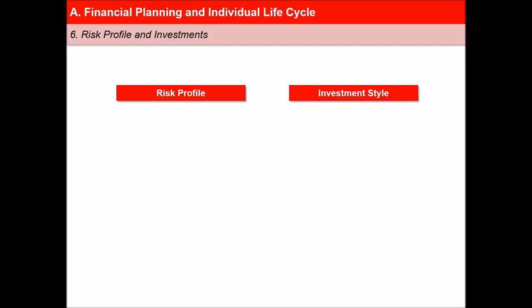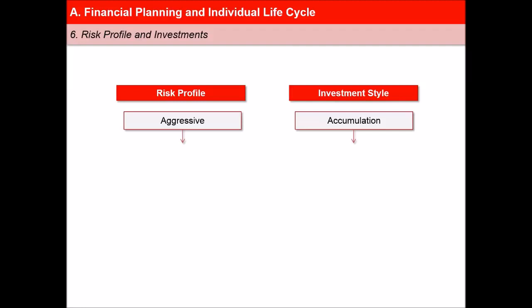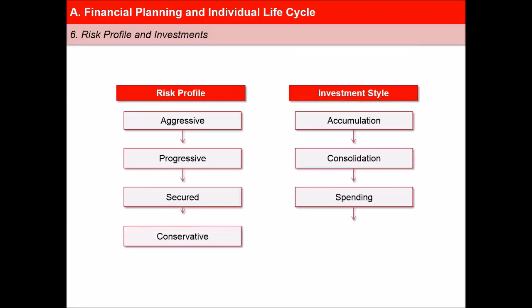When one is young, one has a lot of years to look forward to, and one may tend to be quite aggressive and willing to take risks in order to accumulate as much wealth as possible. However, as the years pass, one may become more careful about investing, the purpose now being to secure and consolidate one's investments. Finally, as one nears the retirement years, one may tend to be quite conservative. The focus is now to have a corpus from which one can spend in the post-retirement years. At this stage, people would want to conserve for one's children or gifting to charity.